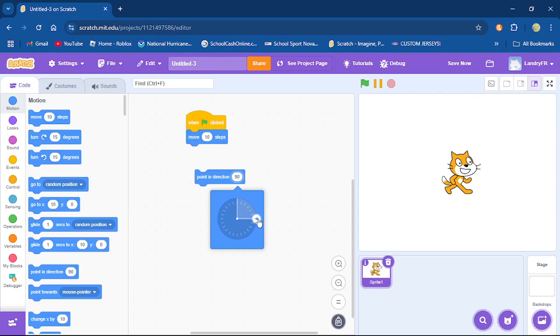If you wanted to point downwards, watch, my cat is going to look a little strange though. Watch. Now I'm pointing downwards. My cat's pointing downwards, okay? But it looks like he's kind of laying on his face now, right? So if you do that again, you could go up to minus 90. Click that, and your cat is looking the other way. Well, do you want him on his head though?